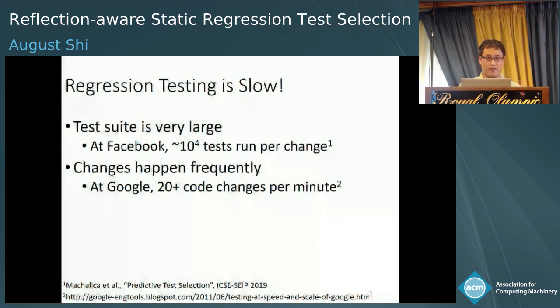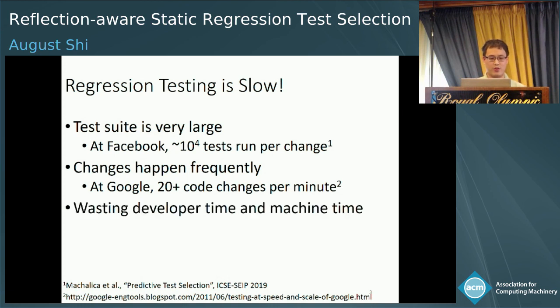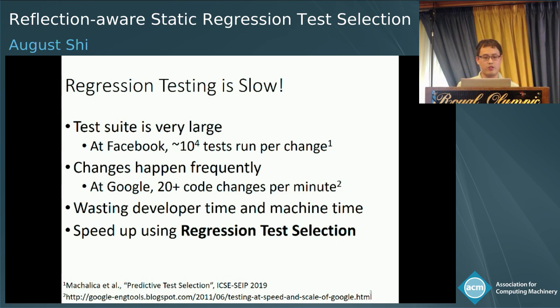And with this factor, we're running lots of tests and always running tests because there are changes happening so frequently. We're wasting a lot of developer time waiting for tests to finish to see if there are results and they can move on, and also the machine time to actually run these tests constantly. And so companies are adopting a way to speed up this regression testing, particularly using regression test